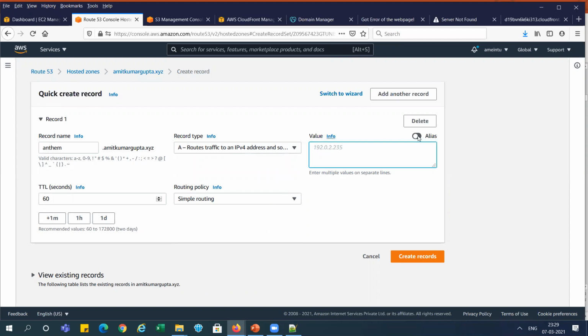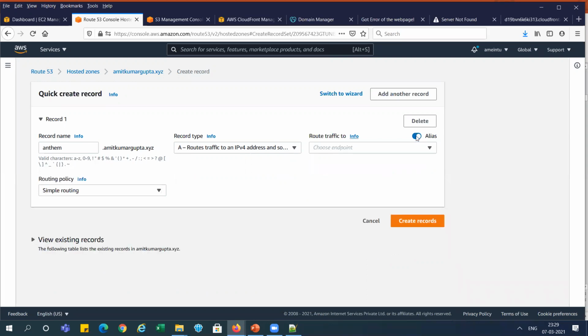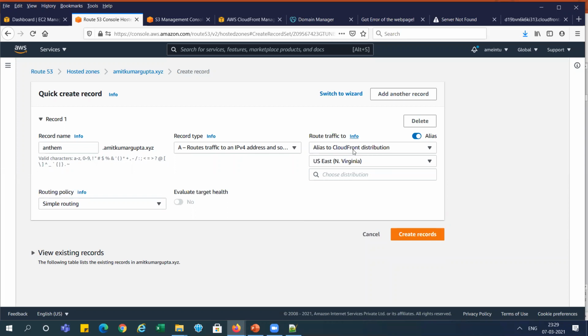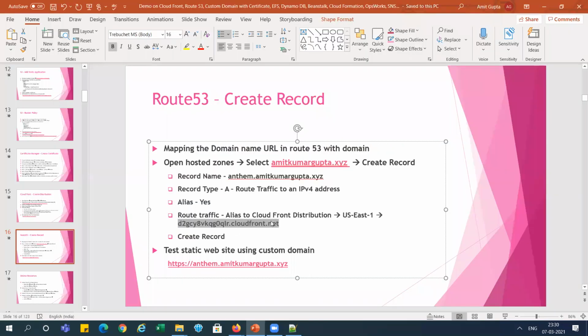This alias you can see here is disabled, so I'm just enabling it, right? After enabling it, you can see it is converting to a drop down. And here, we need to go and select the alias to the CloudFront distribution, right? You can see I've mentioned here alias to the CloudFront distribution.